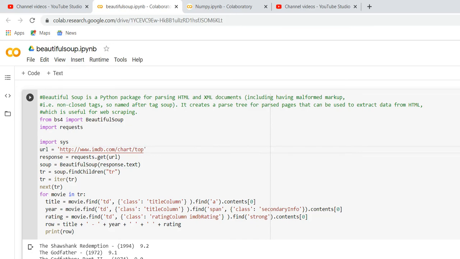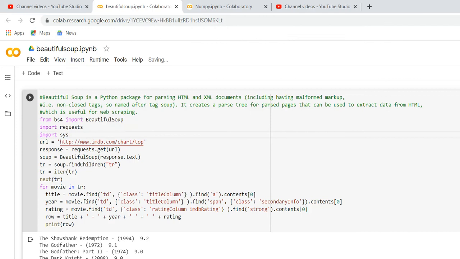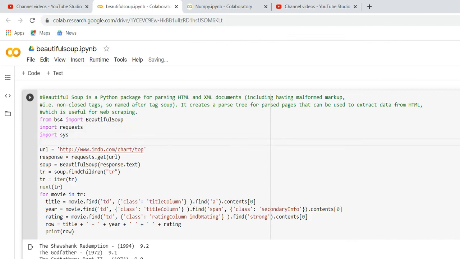The third one is import sys. Sys is nothing but system related; system-related imports and exports come as part of the sys package.